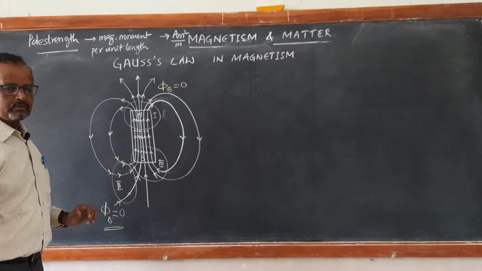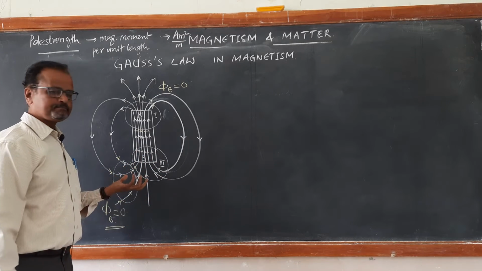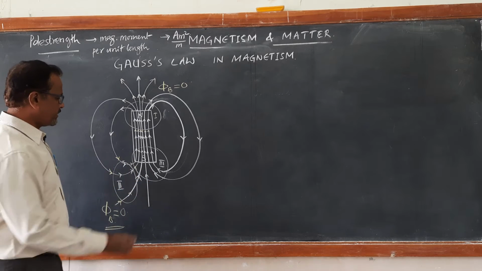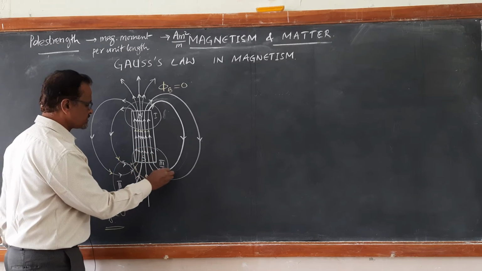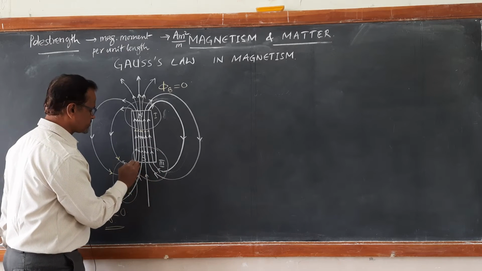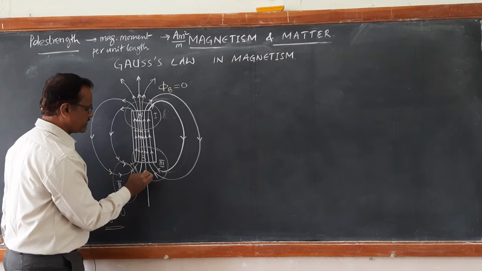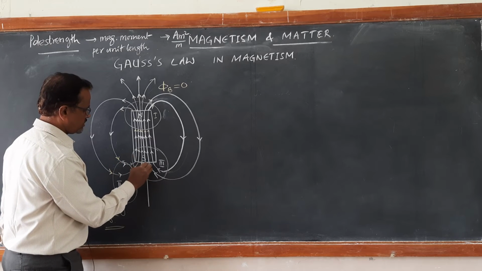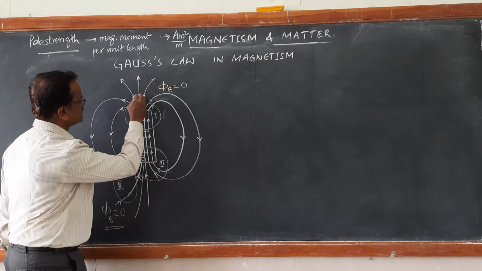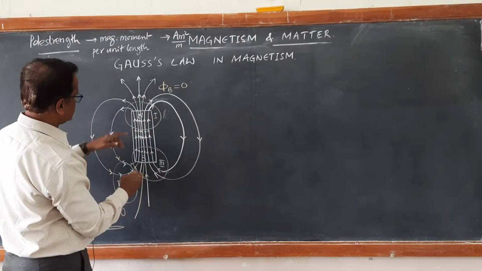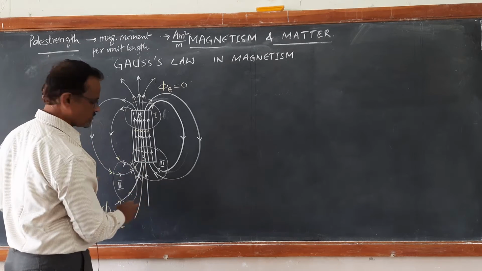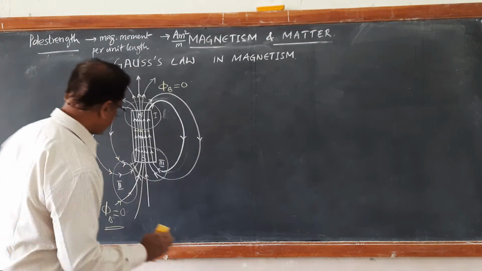Now come to the third region, where maximum flux is entering the south pole. Here they are emerging out and here they are entering. Again, if you consider this enclosed surface, the number of field lines entering, 1, 2, 3, 4, 5, 6, is exactly equal to the number of field lines emerging out. Yes, exactly 6 are there. So there is no need to draw one more.